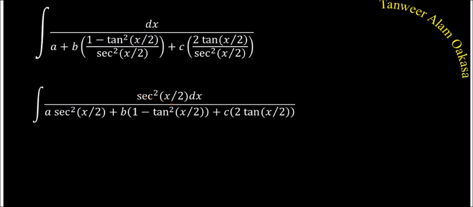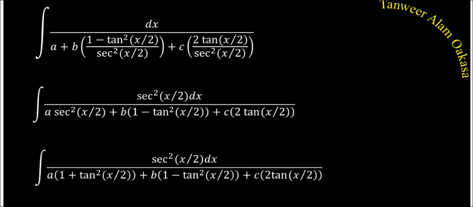Then I have everything in the denominator as tan of x by 2 except this. This is in sec, but this is a tan and this is a tan. So I will convert this also in tan. If I convert this also in tan, this becomes 1 plus tan square x by 2, and everything else is in tan. So what can I do? Anybody? This is simple, and the purpose of my doing this was also to achieve something like this. So what is my next step?